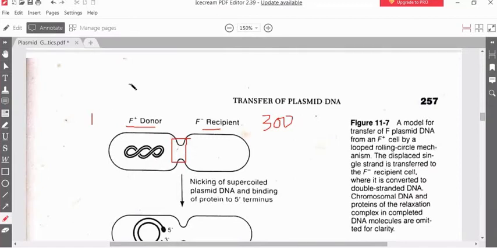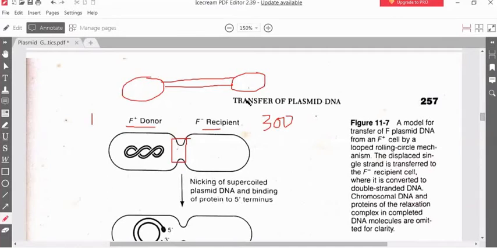formation of the pili, because initially, say this is the donor bacteria and this is the recipient bacteria, they are far apart, and they must come close enough so that they can make a conjugation tube. So those genes that are required for the formation of this conjugation tube, which is also called the pilus, or pili in plural, pilus in singular, if that is made by the plasmid, then the plasmid is called the conjugative plasmid. So now what a conjugative plasmid is, I have explained.